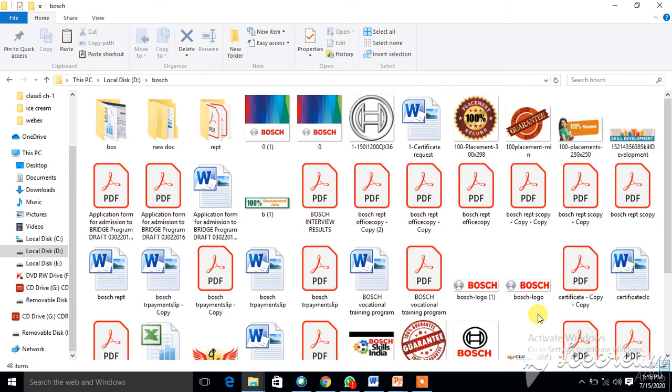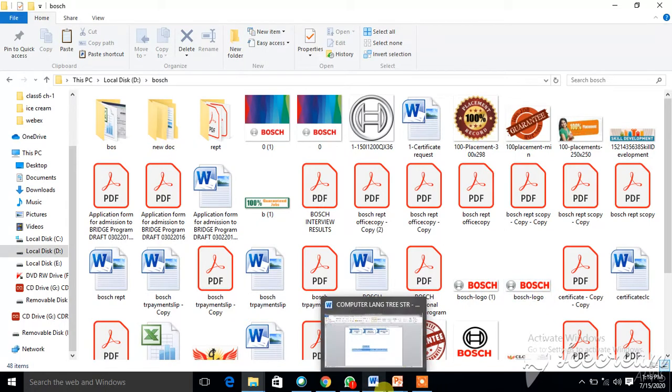We will understand the different file formats for different files. So file formats are basically the extensions which show what kind of file we are dealing with, because different types of files can be stored in a computer. It can be a text document, it can be an image file, it can be a presentation. So each type of file has a different file format, that is, an extension which is associated with it.